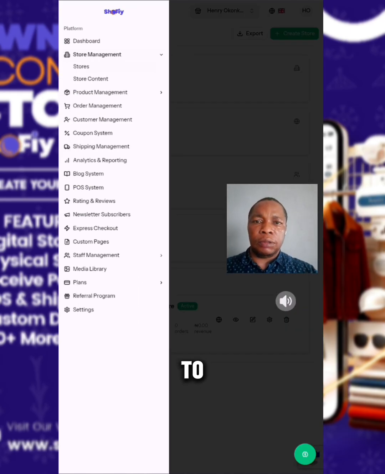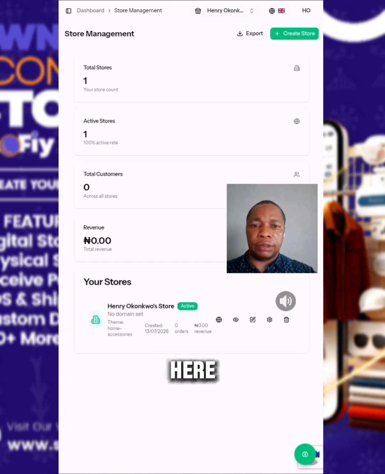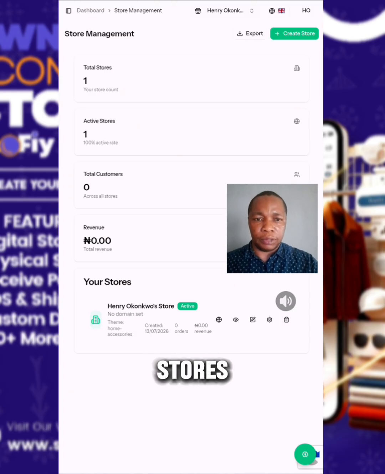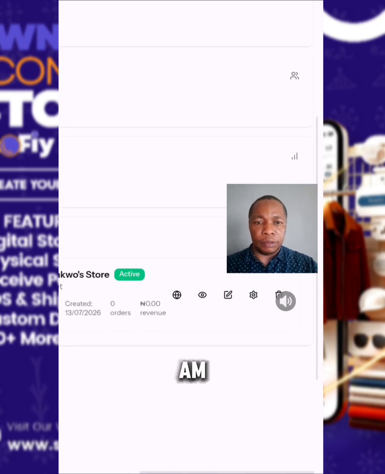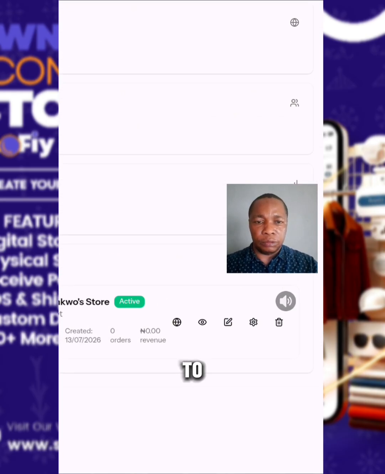Now I'm going to go straight to store management, because here is where you can see the number of your stores. Depending on the plan that you are buying, you can have more than 2 stores. That is, if you have more than 2 things that you are selling, you can have more than 2 stores here. But here I am going straight to edit the store,